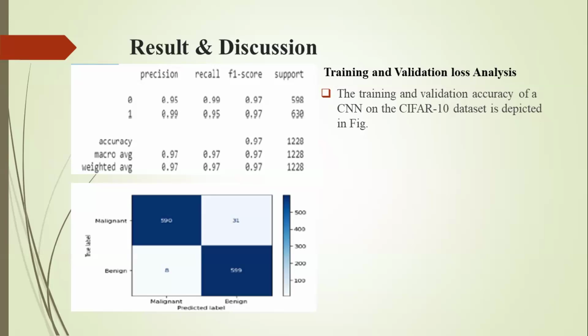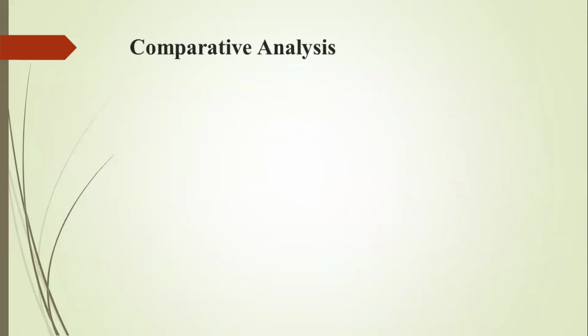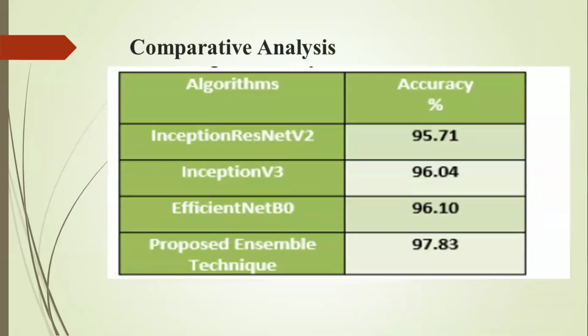The training and validation accuracy of the CNN on the CIFAR-10 dataset is shown in this figure that I have already added. In the comparative analysis, Inception ResNet V2 gives 95.71%, Inception V3 gives 96%, and EfficientNet shows 97%. The overall ensemble model which I have created shows nearby 97.83% accuracy, which is comparatively more than